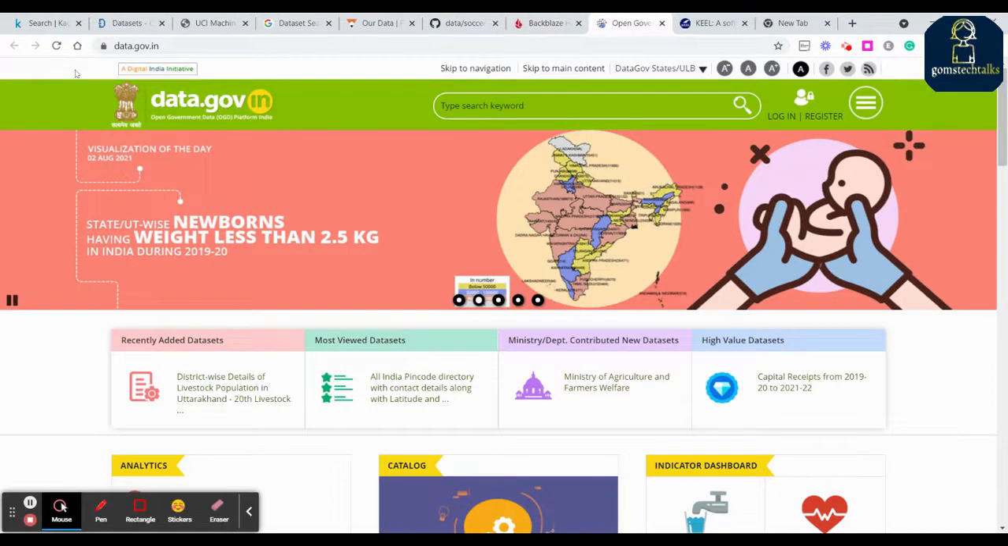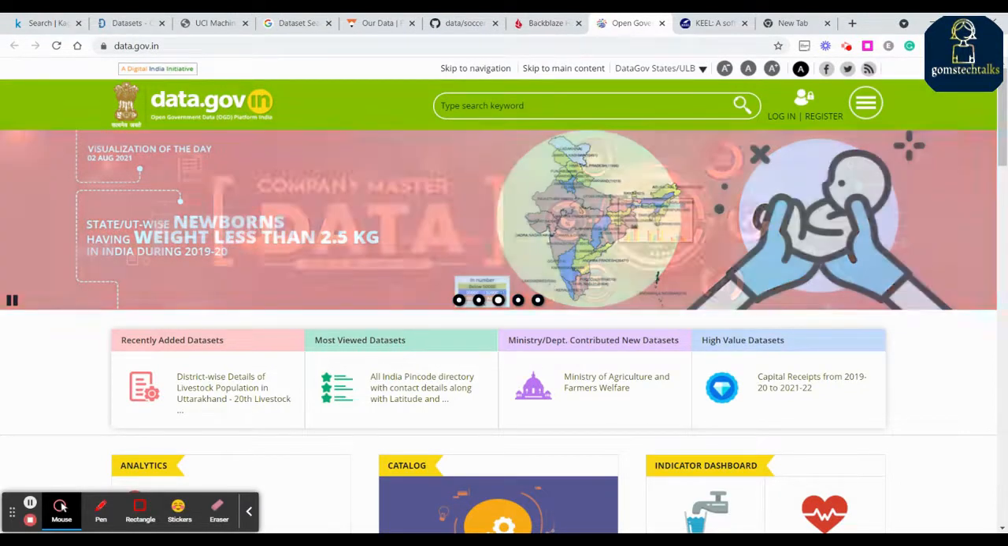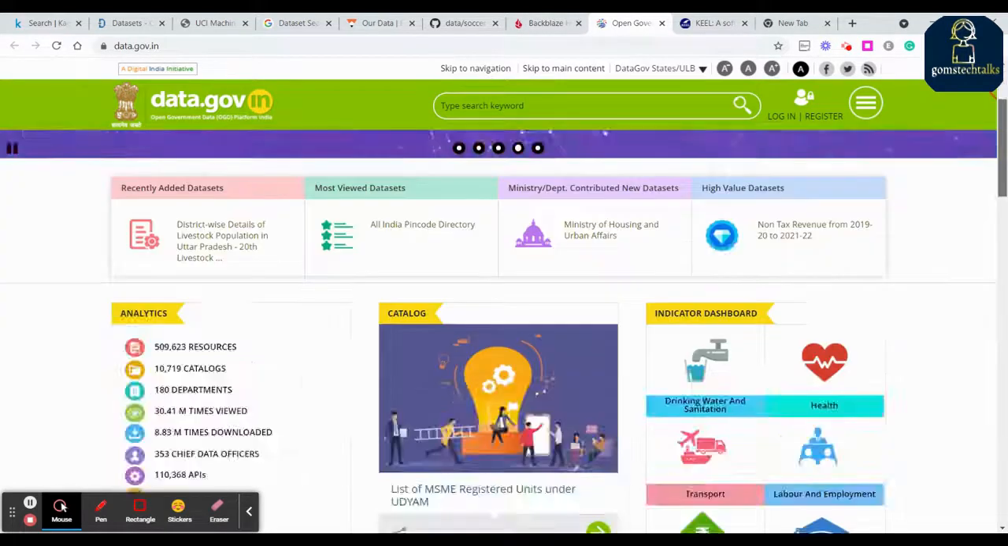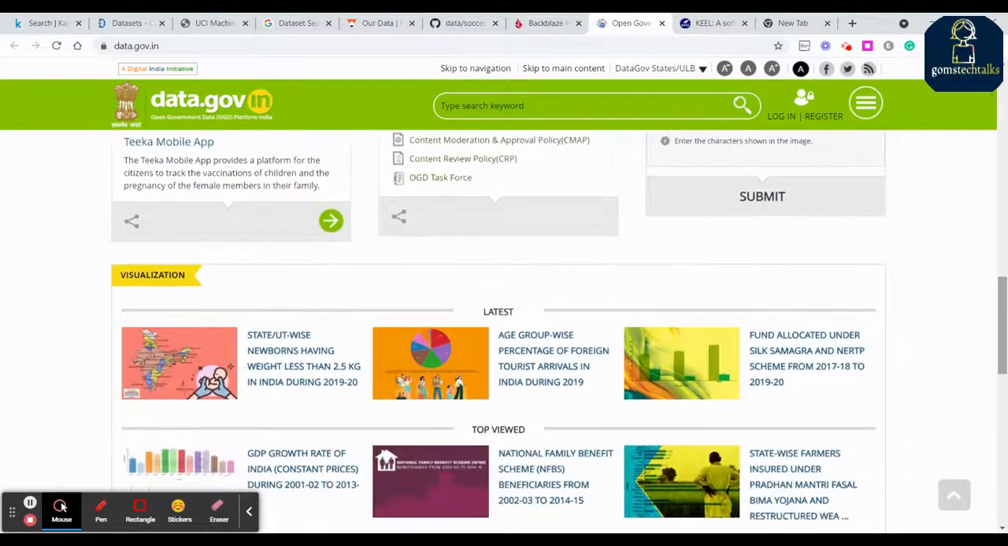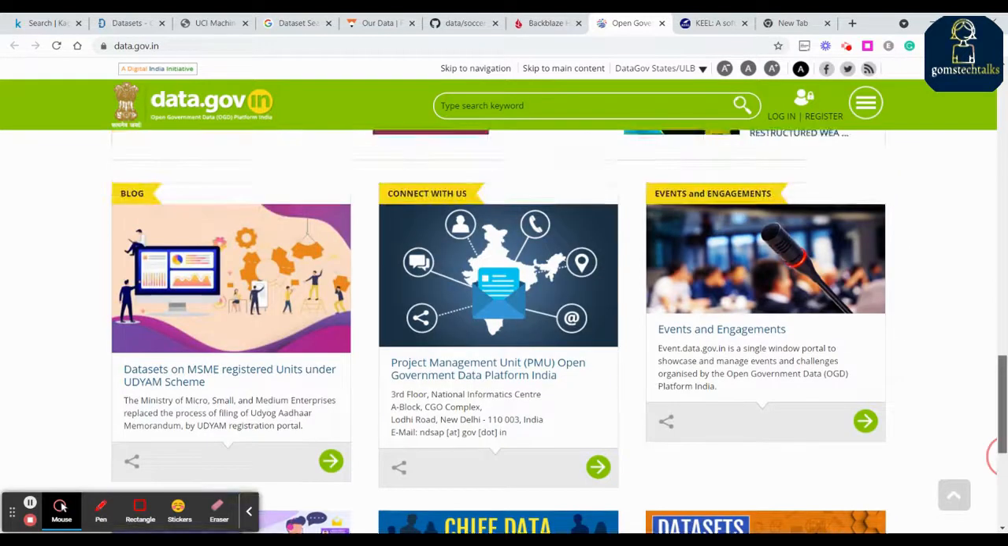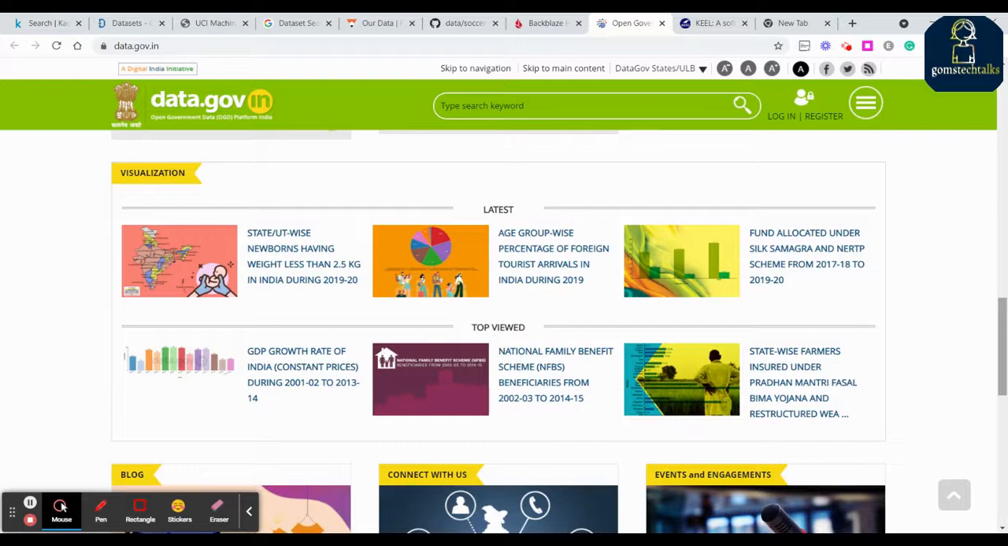The next one is data.gov.in, which is the Indian dataset repository. Anything related to Indian data, like the MSME registered units under a scheme, or project management unit events and engagements. Anything related to or that has happened in India, you can download from